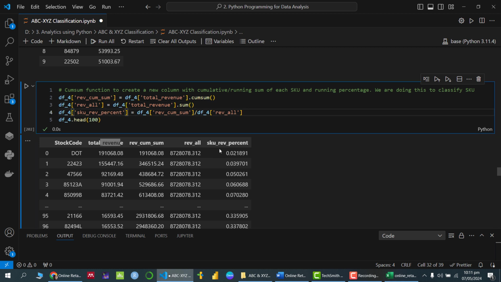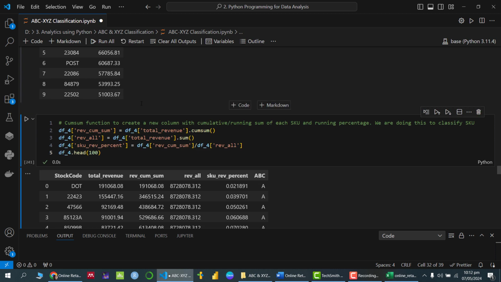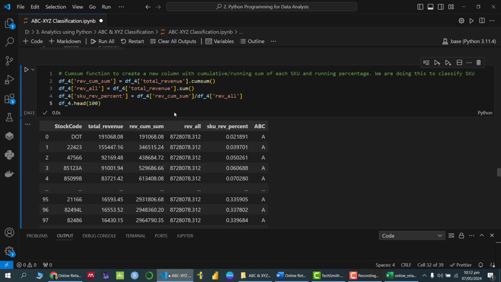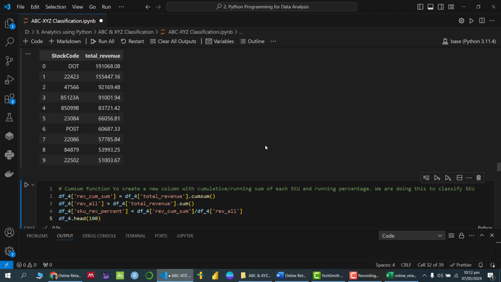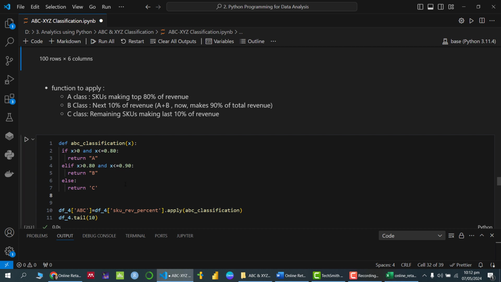In the next column, I am giving the name SKU revenue percentage. Basically, that is a proportion, so I divide this total revenue value by the total sum, this number. Then I view this dataset. Till now we haven't classified it, because I have already done that and that's why you are seeing this one. But in order to classify as ABC,